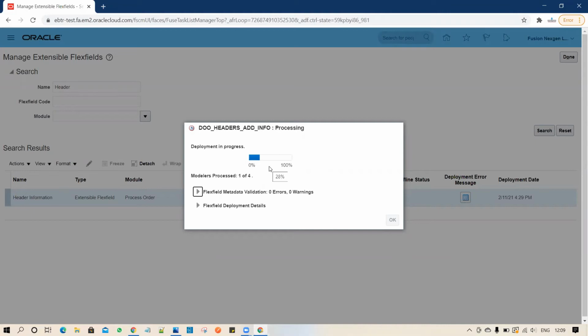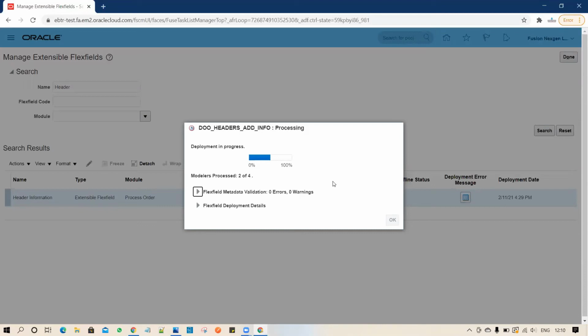So you can see that it's progressing. It has to reach 100%. As we can see, 52%. And now we'll wait and reach 100%.